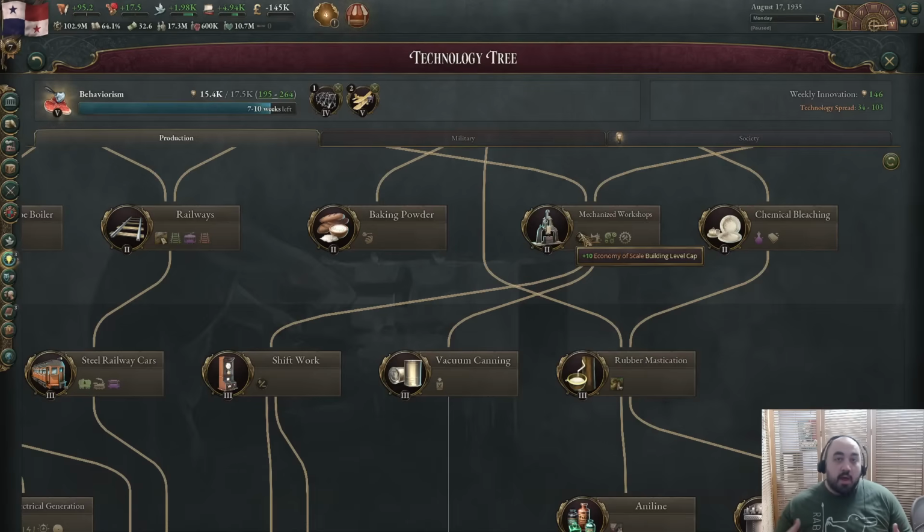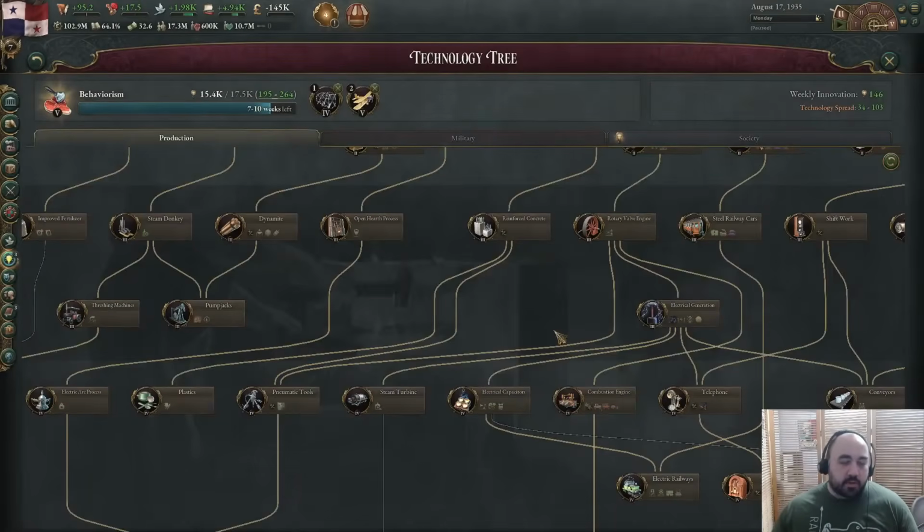We won't go over the math, but getting up to economies of scale mathematically is really efficient on your construction basis. And then of course shift work as well, giving plus 20 to the economy of scale building cap. So the overseas construction malus, I can't remember if it's 25 or 33%, but whatever it is,